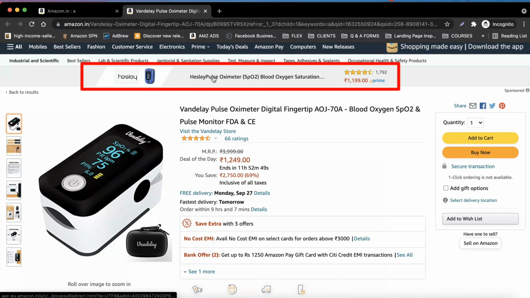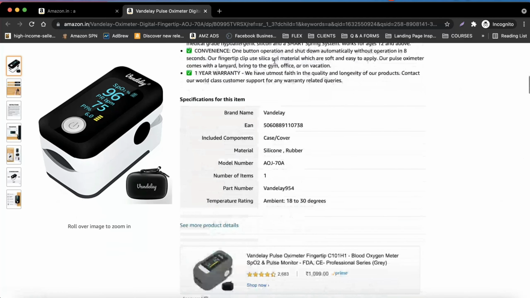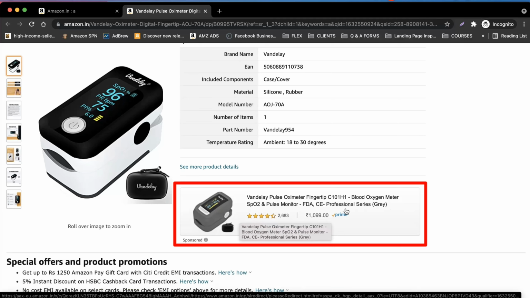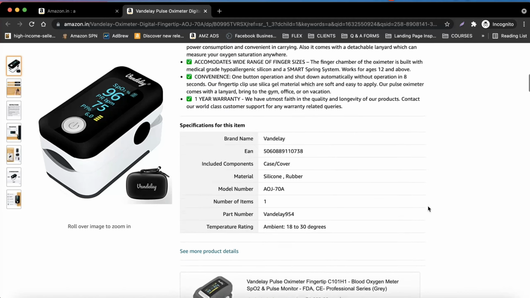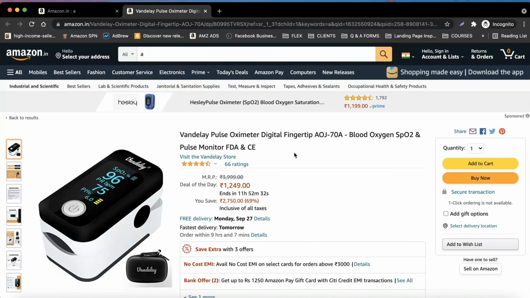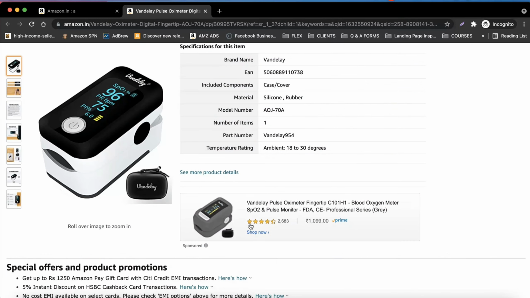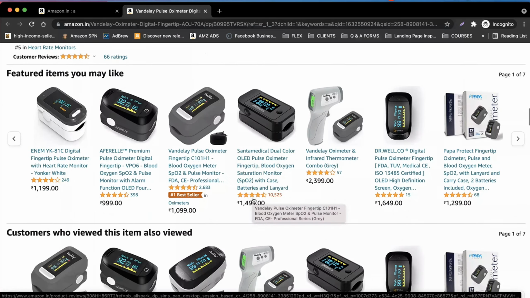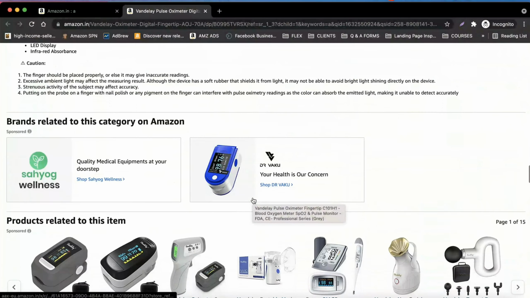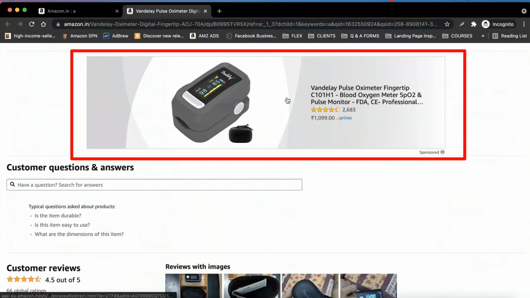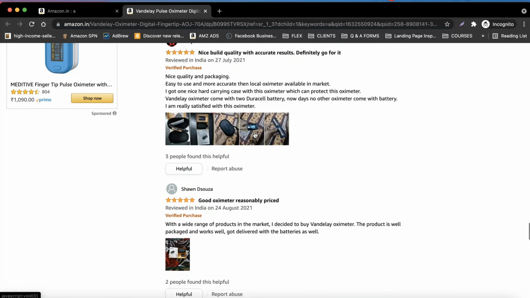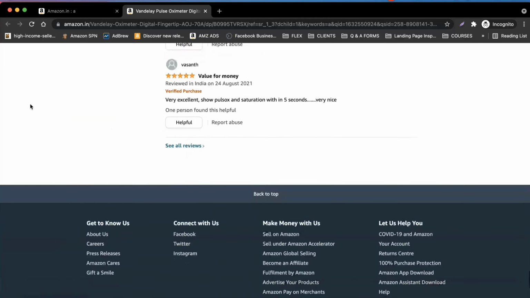Now this is called a sponsored display ad. So what you see above is called a sponsored display ad. This is number one. Number two, if you see, this is also called sponsored display ads. Now these ads are amazing because they appear top of the search. That's number one. Number two, they appear over here, which is just below the bullet points. And the third spot that they appear is a little bit down, which is also called sponsored display ads, which also appear at the bottom of the page. And then this is also called display ads. If you go even further,